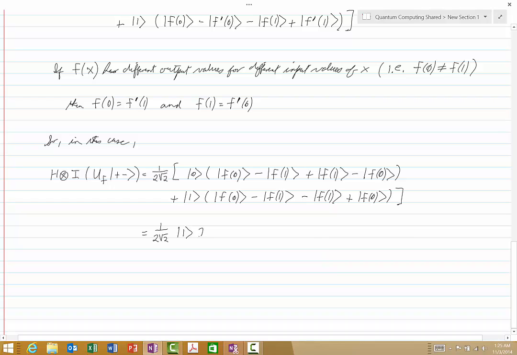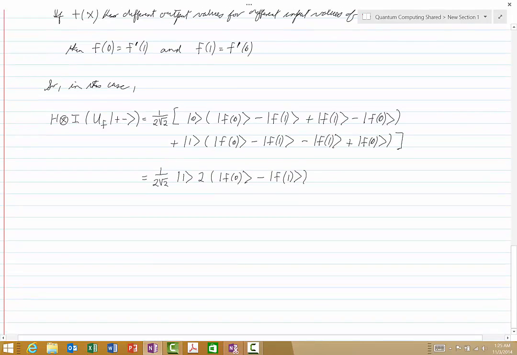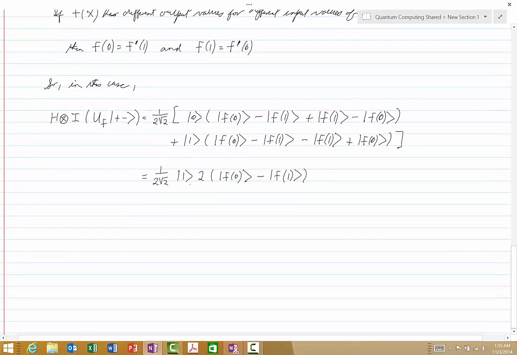So 2 times f of 0 minus f of 1. And the 2 here will cancel with the 2 of 1/2 in front,